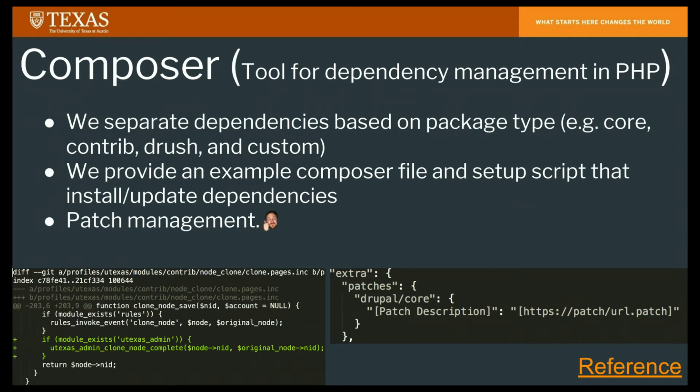There's an example on the left side, which I hope you guys can look at, but that's a patch that we created for the node clone module. So as Tyler was showing you guys before, we have a layout editing tool in Drupal 7 that's a custom tool that we created, and I think we're gonna hear a little more about it later in the presentation. And the problem with the node clone module is that it doesn't support